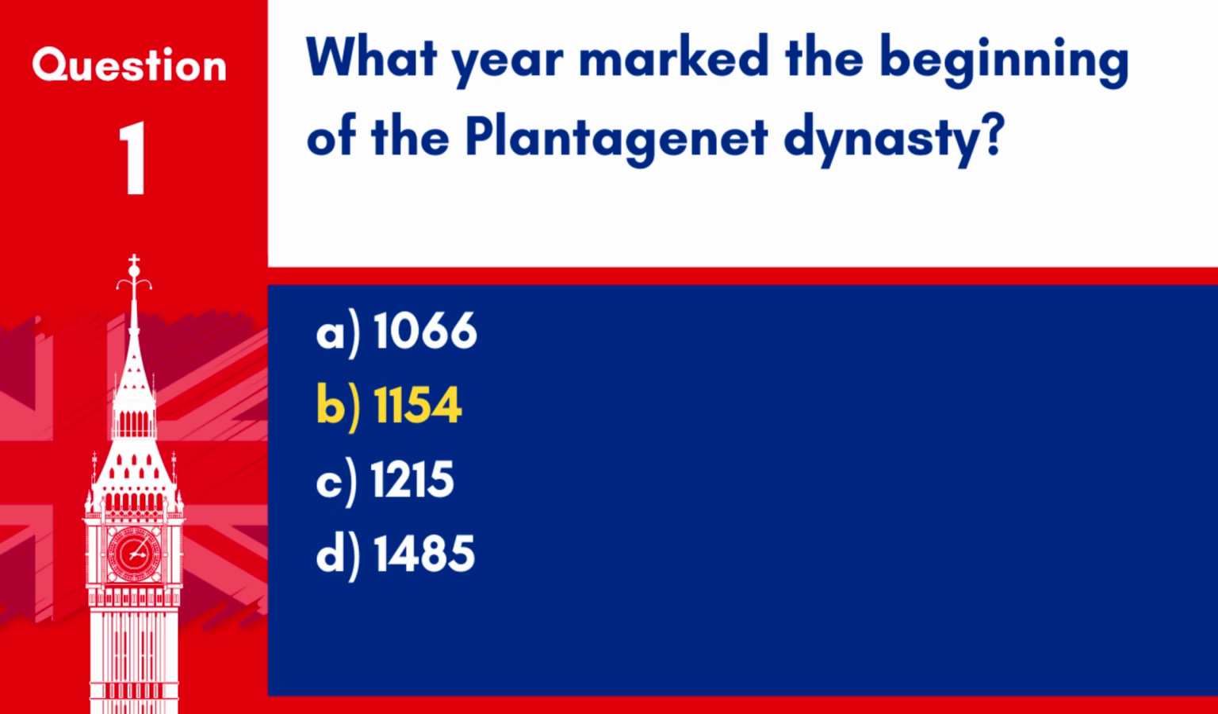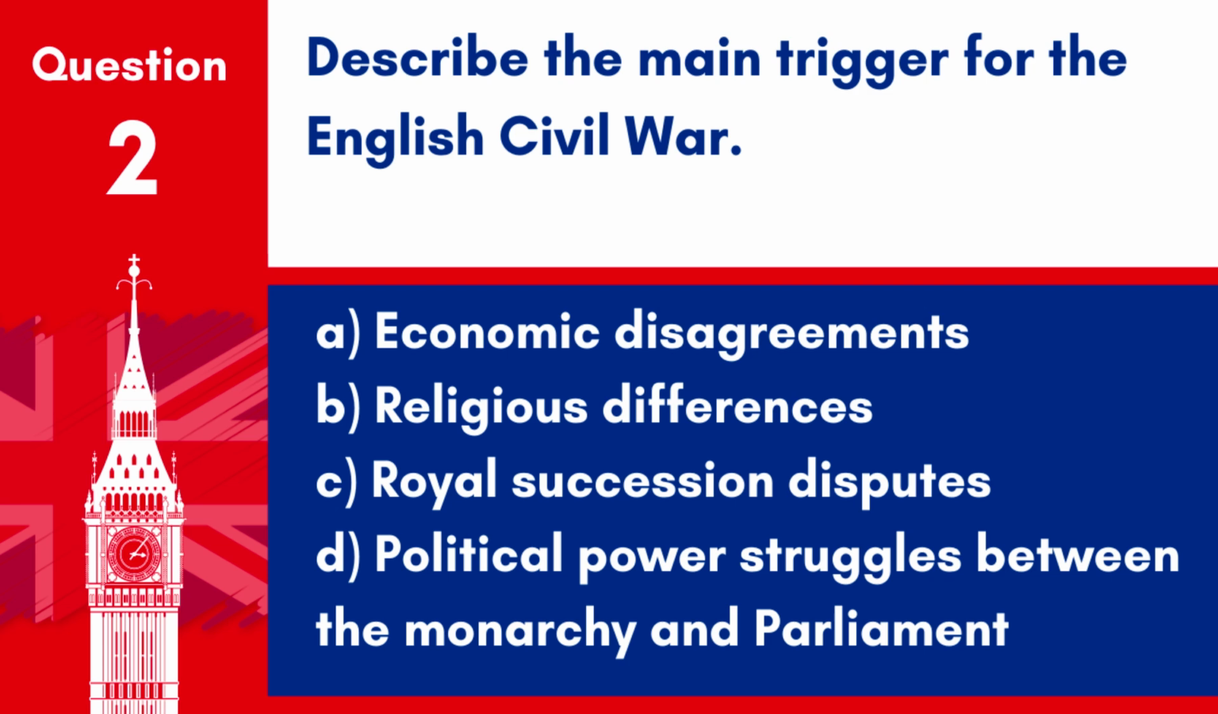the Norman dynasty. Question 2. Describe the main trigger for the English Civil War. A. Economic disagreements, B. Religious differences, C. Royal succession disputes, D. Political power struggles between the monarchy and Parliament. Answer: D. Political power struggles between the monarchy and Parliament. The English Civil War was primarily triggered by ongoing conflicts over political power and governance between King Charles I and